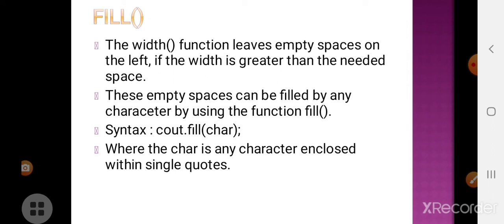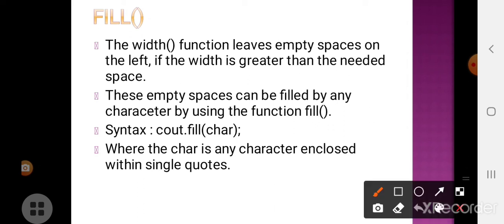Instead, a single quotation or asterisk symbols will be filled. So the empty spaces will no longer be empty. Special characters will be filled. Okay, so we'll see what the fill function does.